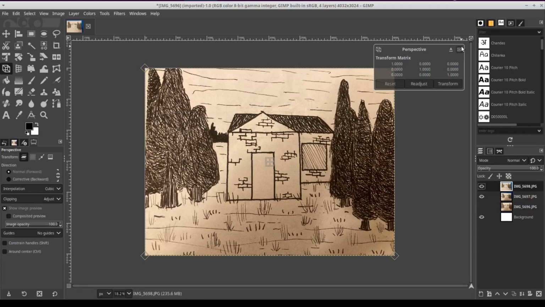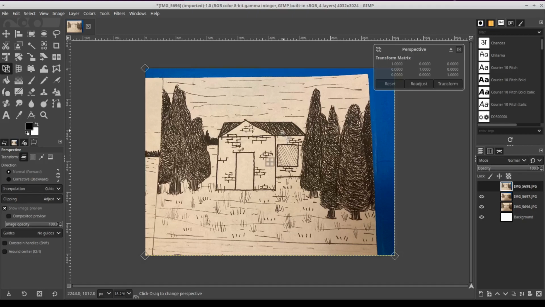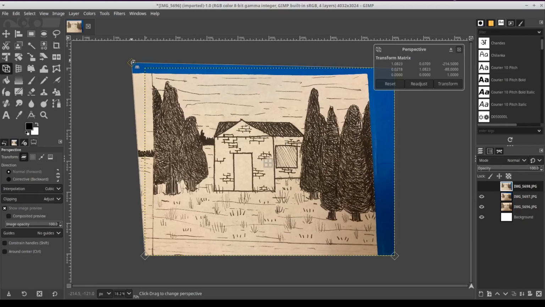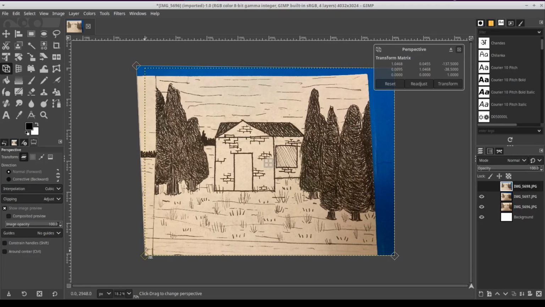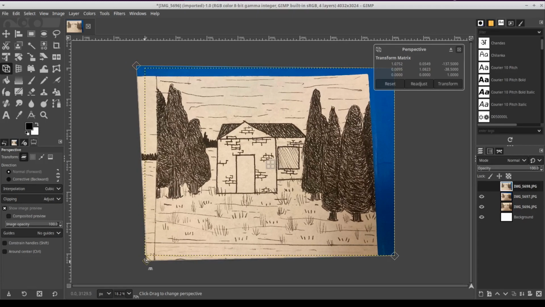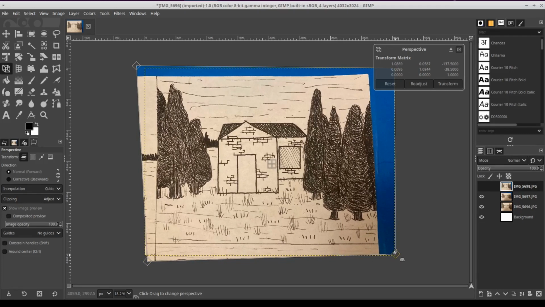And I clicked on the wrong layer. Okay. And in GIMP it's pretty simple, but you can do this actually on your iPhone camera too.